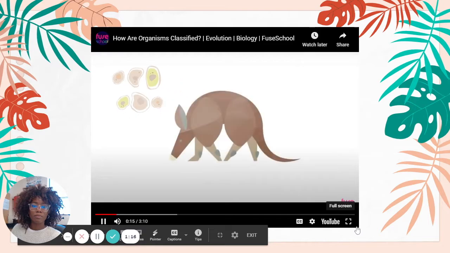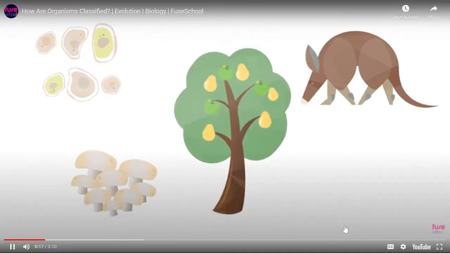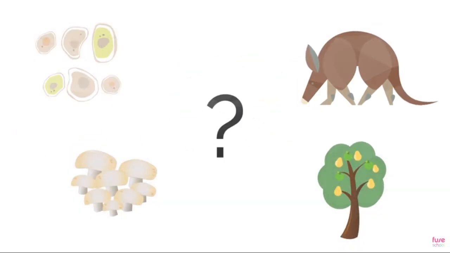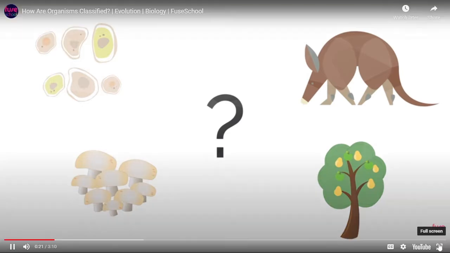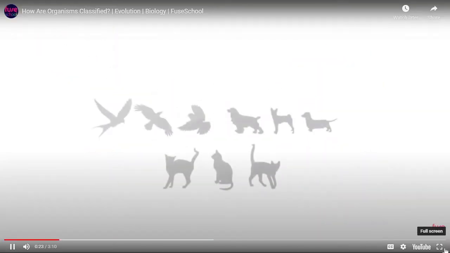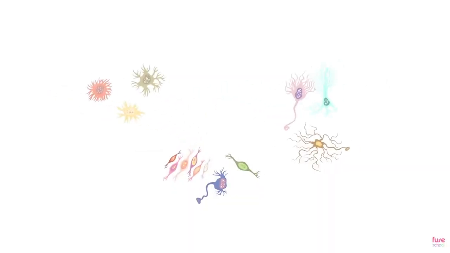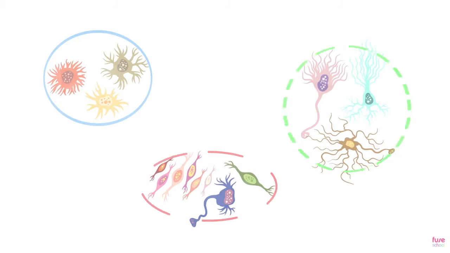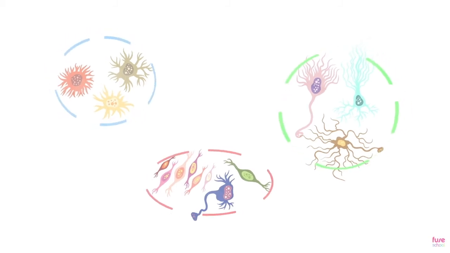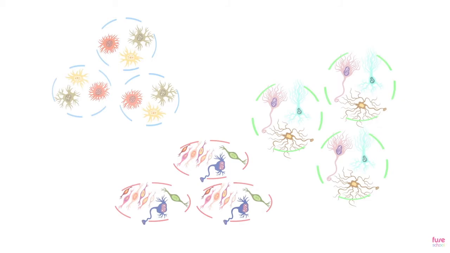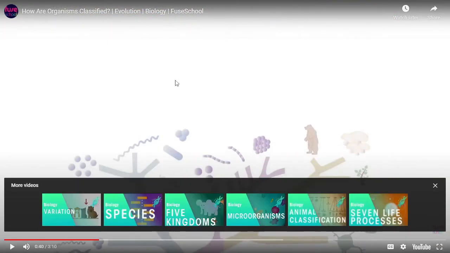From amoebas to aardvarks and fungus to fruit trees, what does it mean to classify organisms? Why do we do it, and how is it done? Classifying anything simply means to put it into a group. In terms of biological classification, organisms are classified or grouped with other organisms that they are most closely related to. These small groups are then classified together into larger groups, and so on, until we reach the top level of classification, which